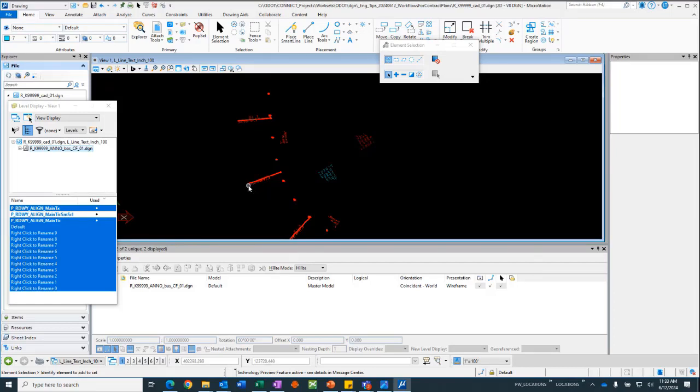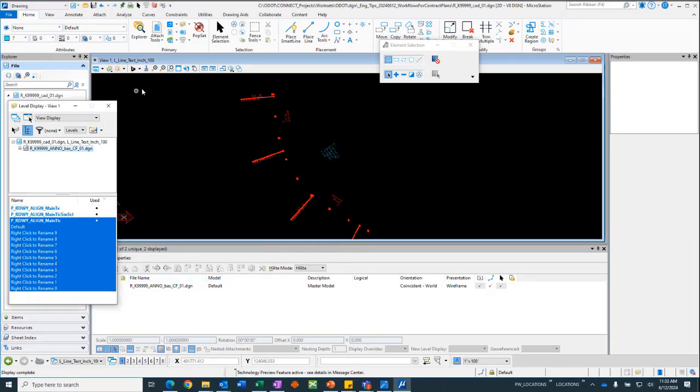But I also expect my designer, if they make changes to the annotation, if they make changes to the geometry, to inform me. Please tell me about it so that I know to go in and edit this text node again, because I want it to be right. All right, so that's what's in my CAD base file. I have that information, and I've already made my reference attachment. Okay, let's go back to